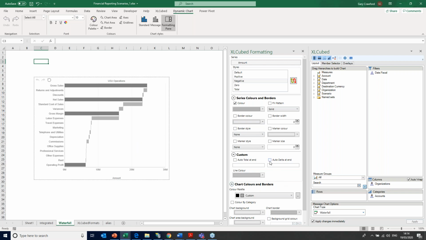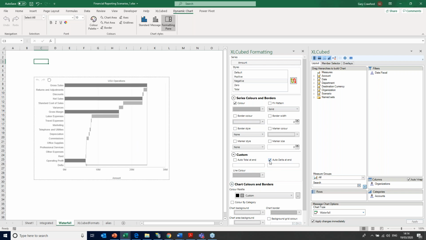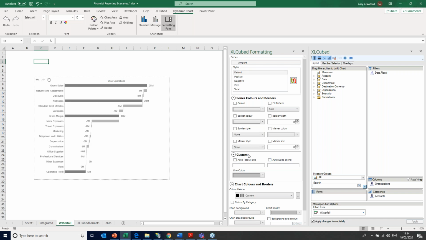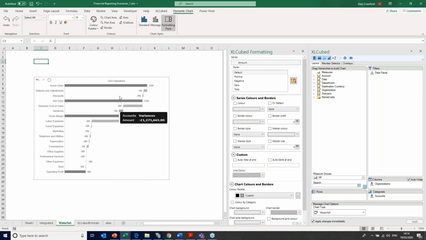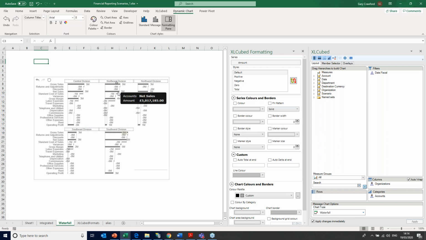And you've also got options to add a delta to show you the gap. Okay, and again, completely interactive. If you're just interested in the gross margin to operating profit, I can zoom in on that, drill down through the data, if that's the way I want to go. So that's your classic